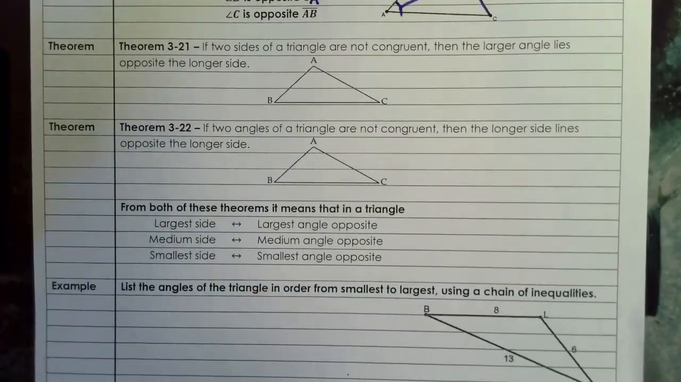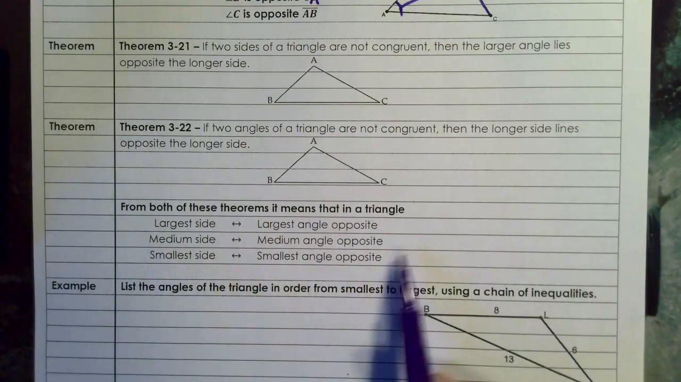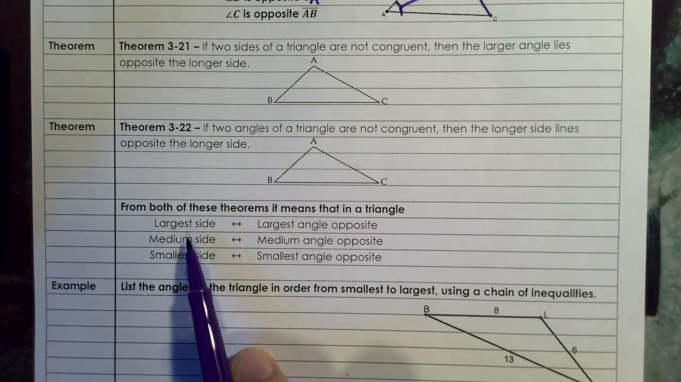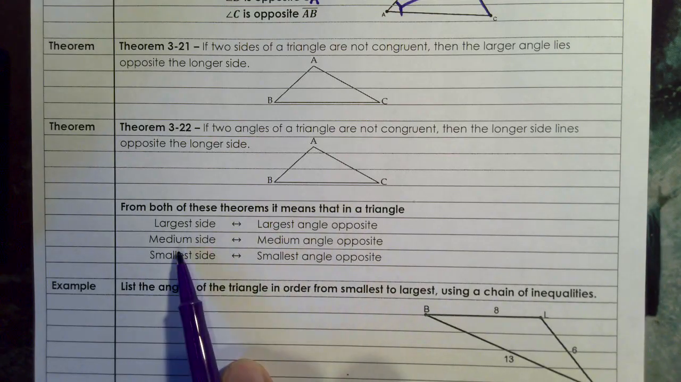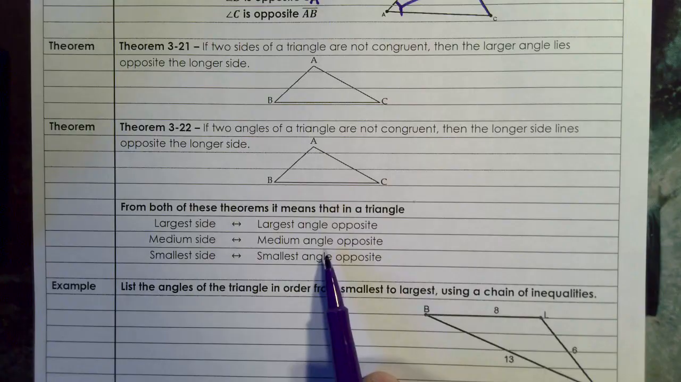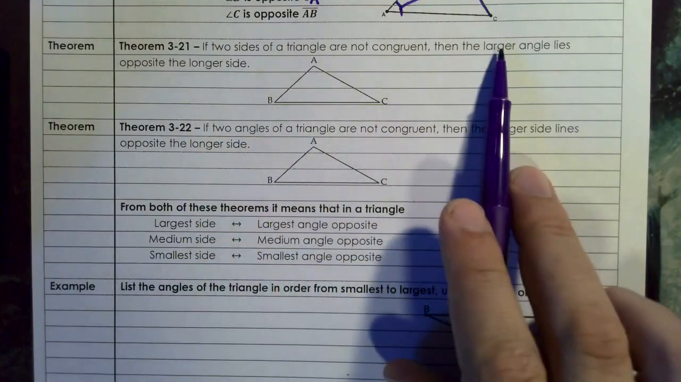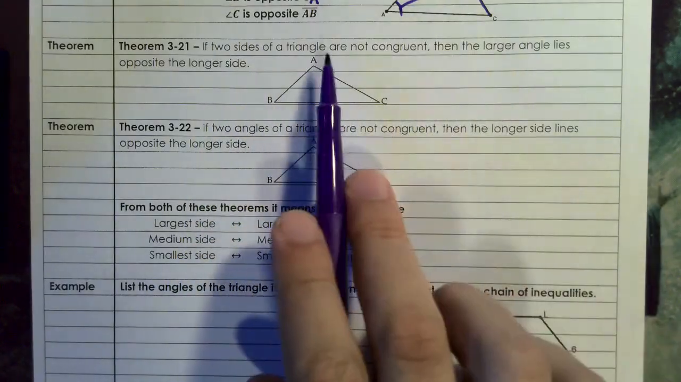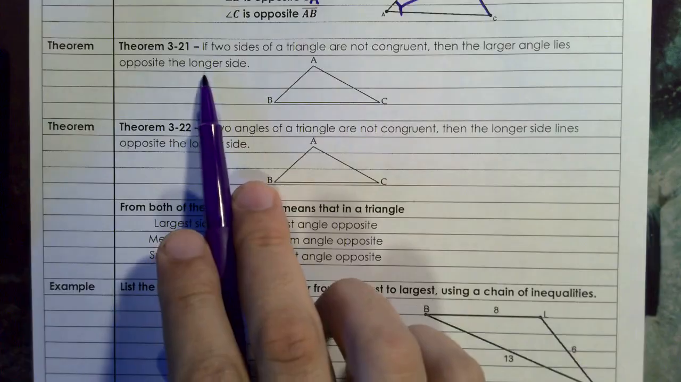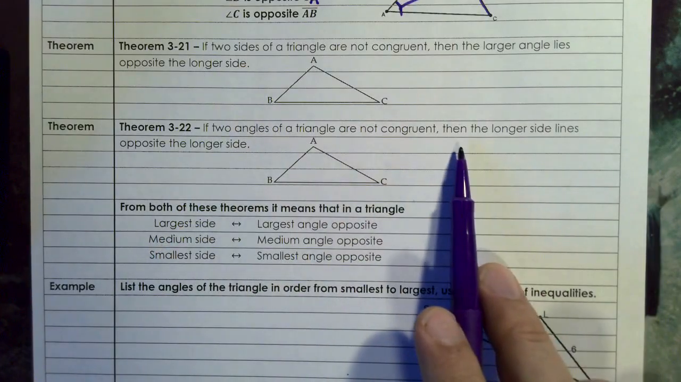Okay, enough of that. Here's the big thing. Based on these two theorems, we get this idea: if you've got a big side, you get a big angle. If you've got a medium side, that's a medium angle, and a smallest side, you get a smallest angle. Now, the two theorems are just about larger side, longer side, and